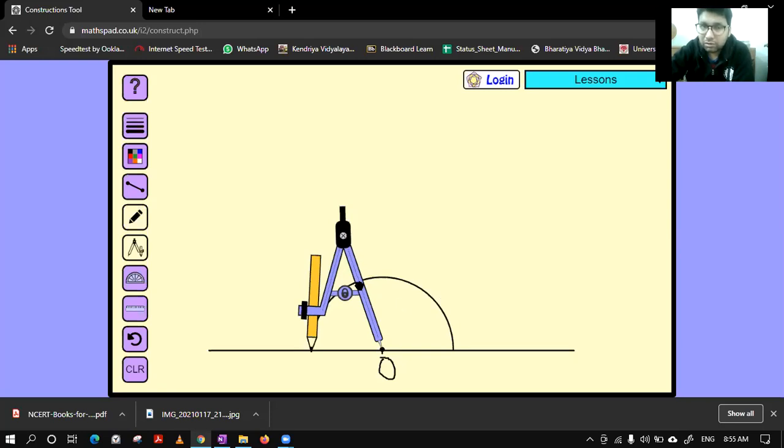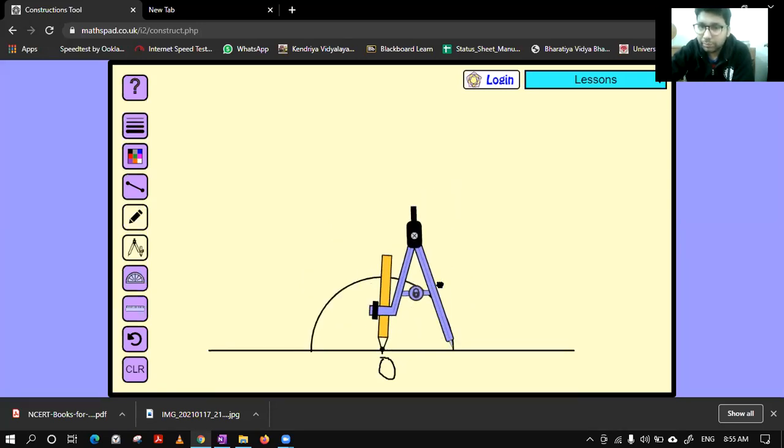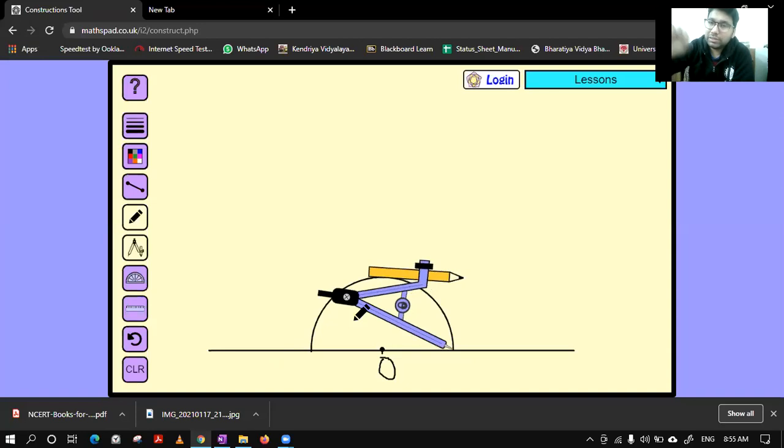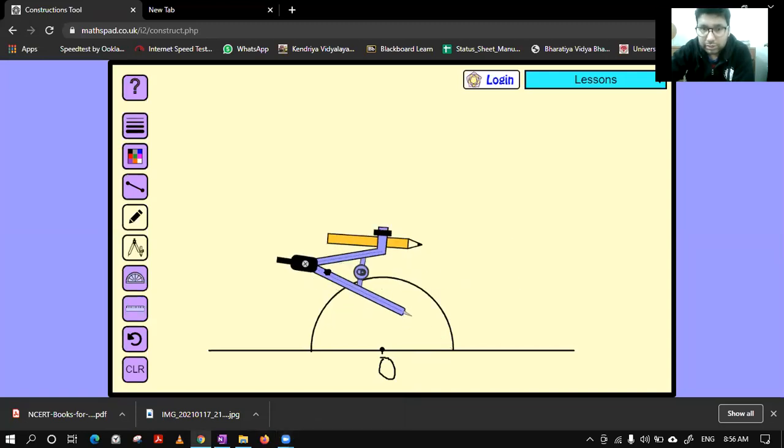In this arc, what we normally do is we keep the compass over here, and without disturbing, we take the first arc of 60°, then keeping on that 60° point, we take another arc of 120°. But now things are changing. We will try to make it with the help of 0° and 180°. For that, let's see what we have.